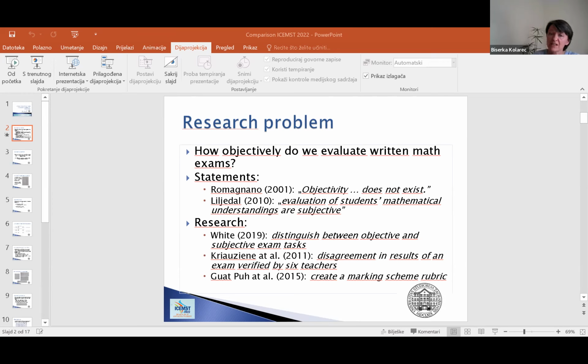So this is the serial evaluation method, evaluation student by student. It resembles a serial connection of resistors, for example, from electrical circuits. And the parallel evaluation method assumes evaluation of exams task by task. So a teacher takes all the exams and evaluates just one